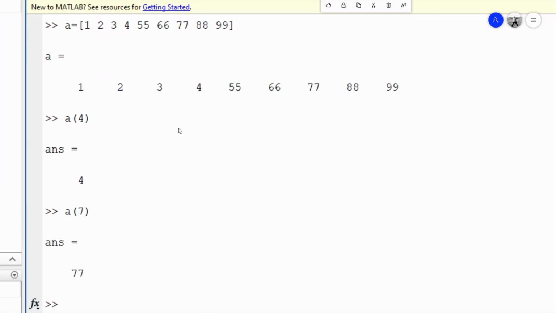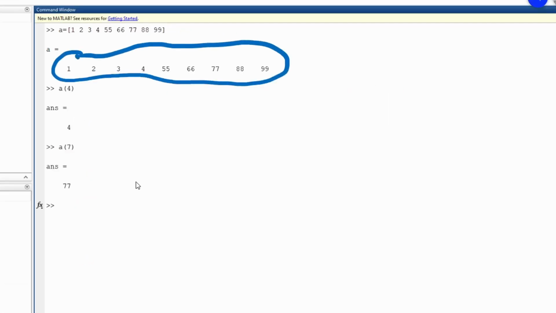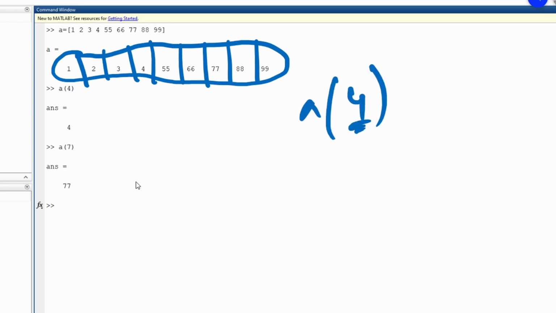What is happening actually? So you can see that this is a one dimensional matrix. So here this is the first element, second, third, fourth, fifth, sixth, seventh and eighth and ninth. Okay, so what is happening actually? A of 4, this is the index. Okay, 4 is the index here.